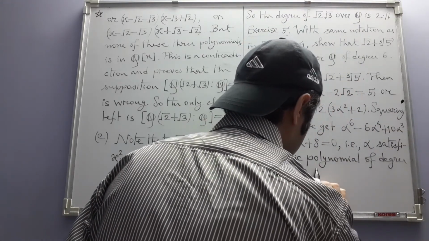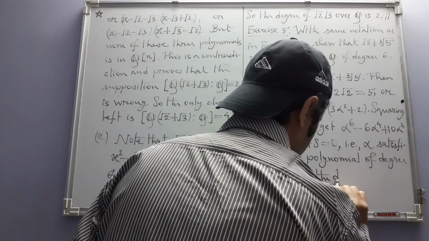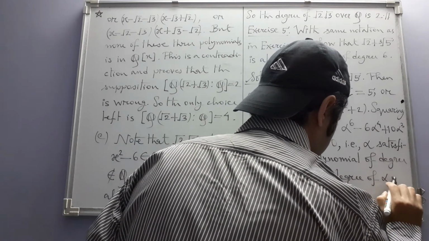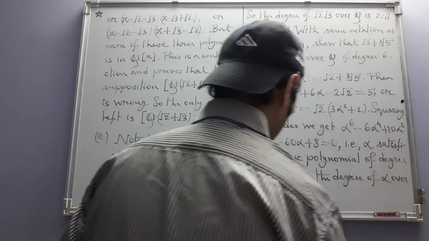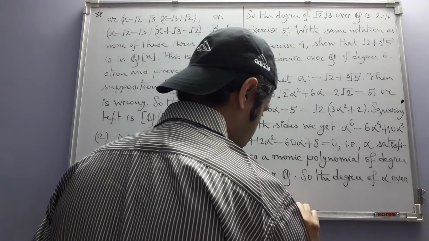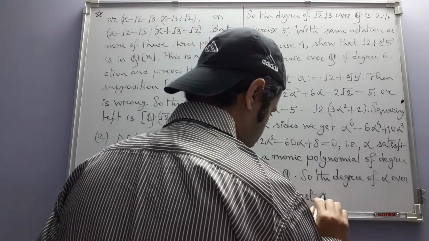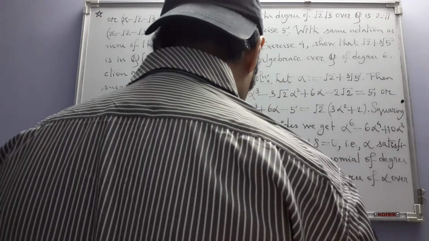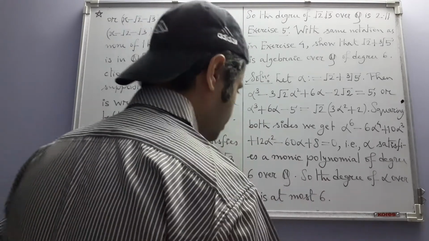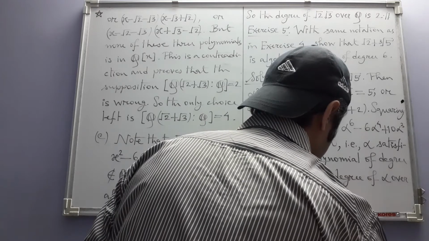So the degree of alpha over Q is at most 6. From the above calculations,